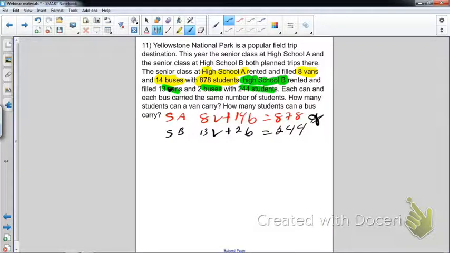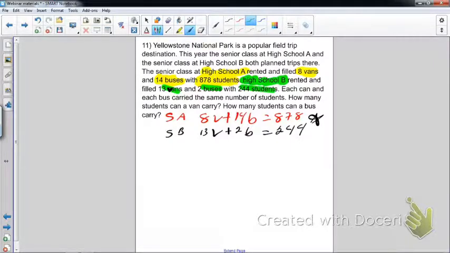Remember, you can label the V to be X if you wanted to. You can label the B to be Y if you wanted to. The variables will depend on how you like to address that. I just like to leave it as V and B because it just makes sense because we're talking about buses and we're talking about vans, right? So from here,